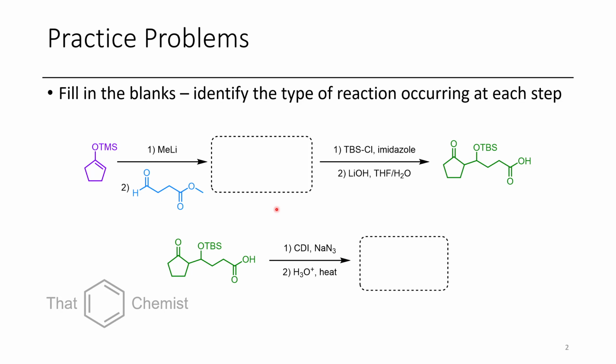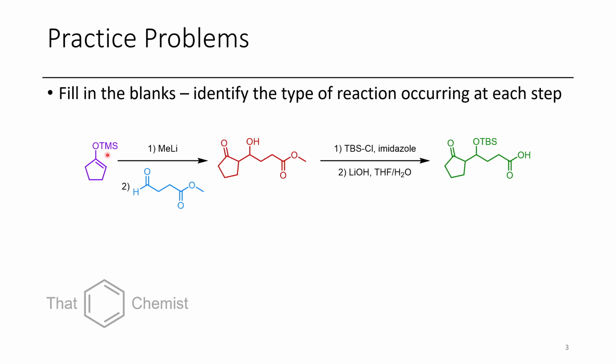So in this first problem, we have a multi-step synthesis where we have to fill in the blank. Initially, we have this TMS enol ether, which reacts with methyl lithium to generate a lithium enolate. This lithium enolate is then able to do an aldol addition on this aldehyde, giving us this beta-hydroxy ketone product. This is then able to be protected using TBS chloride and imidazole to afford the TBS-protected carboxylic acid product after